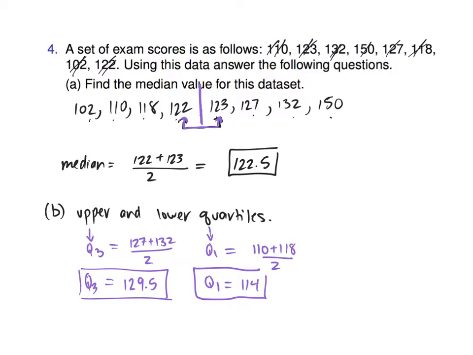Okay, now what if, just hypothetically, I'd had another number in there? What if I'd had another 122? Is that what your question was going to be? Yeah, I thought. In that case, if your median was an actual number, then you don't use it for either side. Does that make sense?